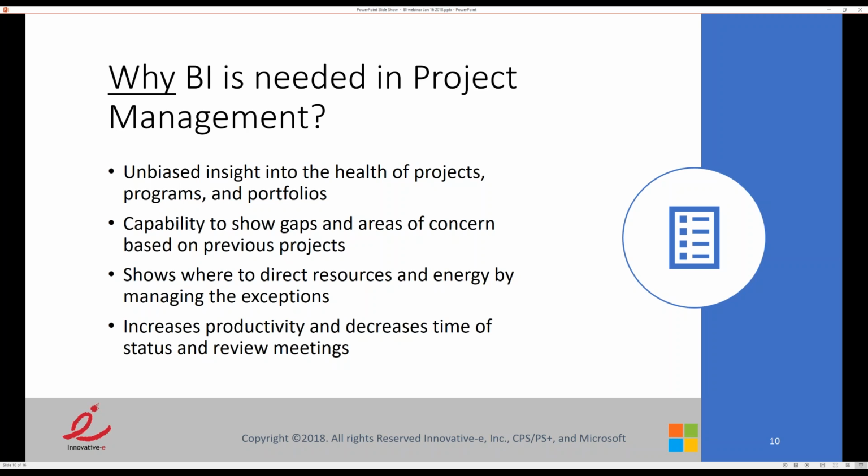And this is one of the things that I think people trip over when you talk about BI in relation to project management, because you are reporting status and health and key indicators about your project out. You're pushing that out for the world to see, shining a big spotlight on what's going on. And if it's not green, if it's not good, there's the fear that you're going to get in trouble for it. And that's not what this should be used for. This should be used for, skipping over the second bullet there to the third, trying to get the correct amount of resources and energy spent on managing those exceptions,